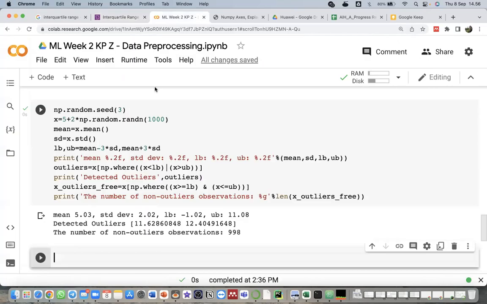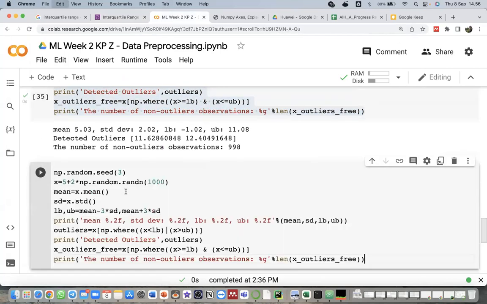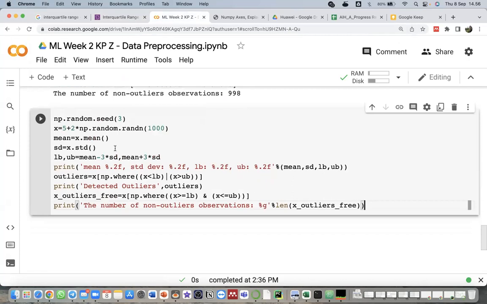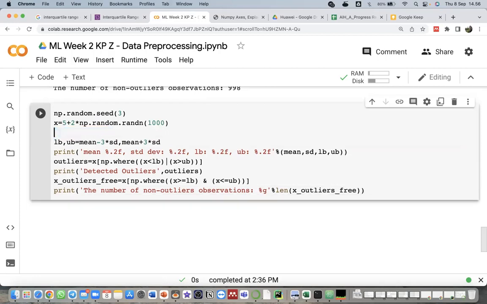Let's move on to the implementation of the interquartile range. We can just copy from our previous code and paste it, then change the mean and the standard deviation. We will not use them again, so I just remove them. Then I need to give the Q1 and Q3.